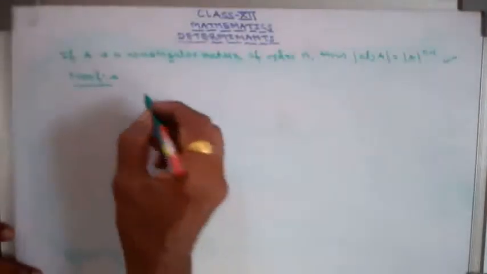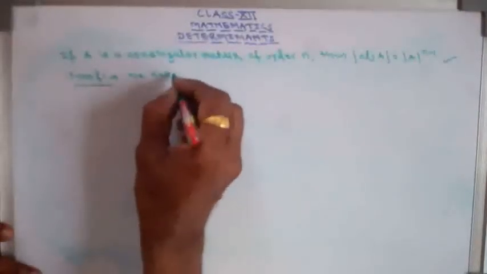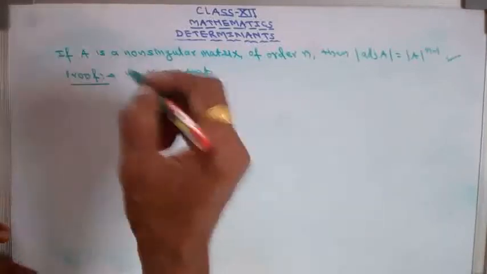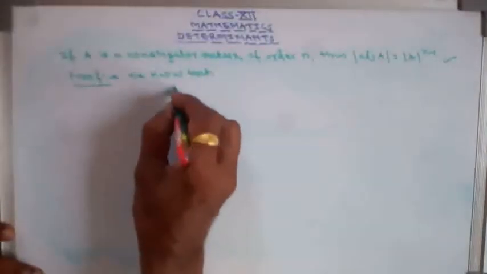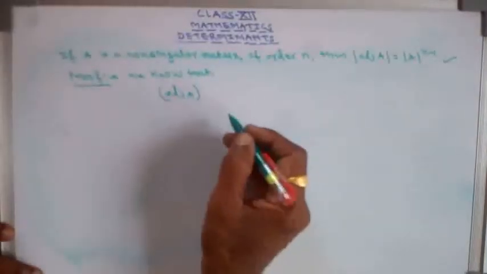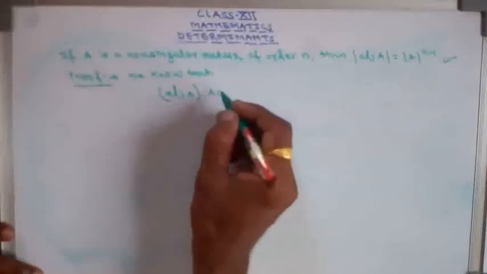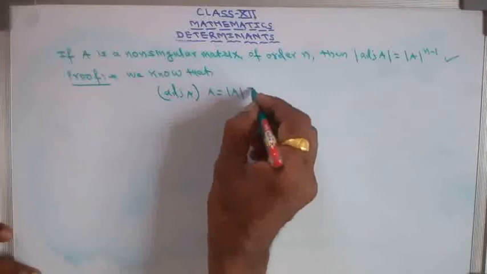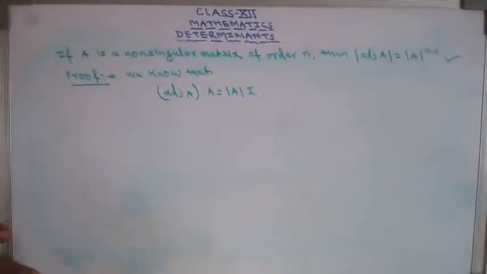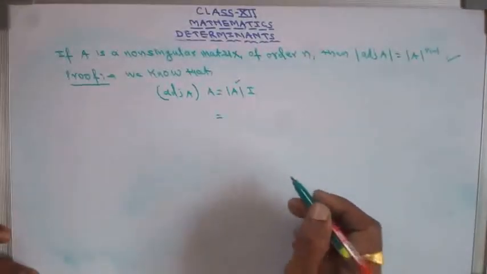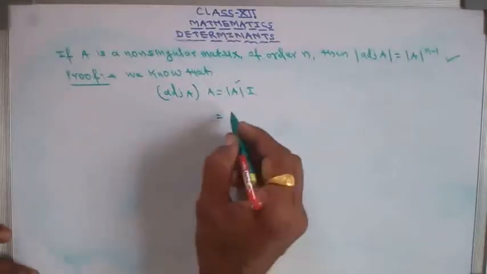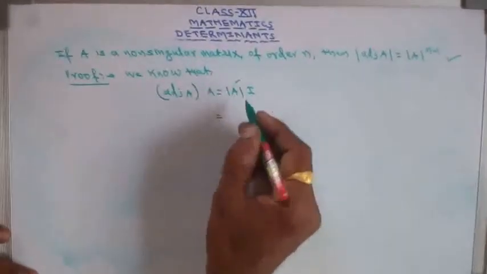Students, we know that as per the first theorem, adjoint of A into A is equal to determinant of A into I. Therefore, I can write this in the matrix form: this is matrix A and determinant of A, so it will be